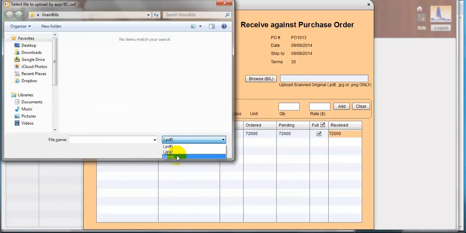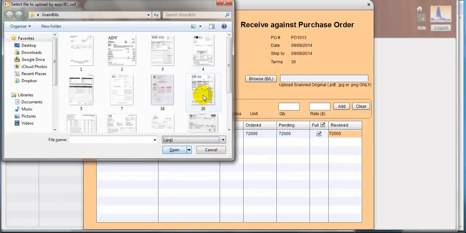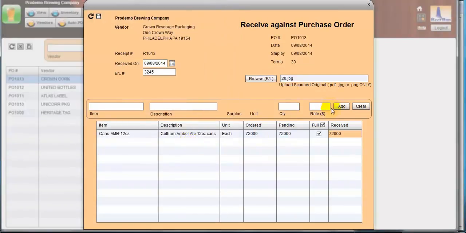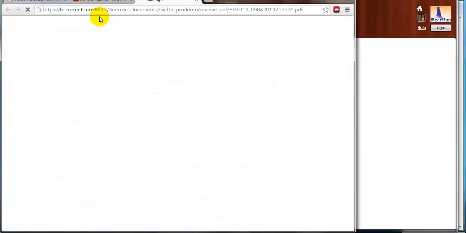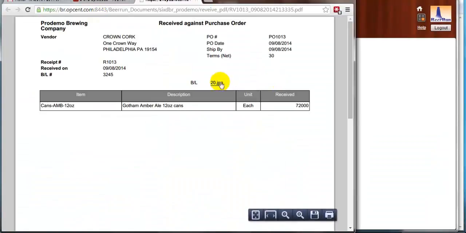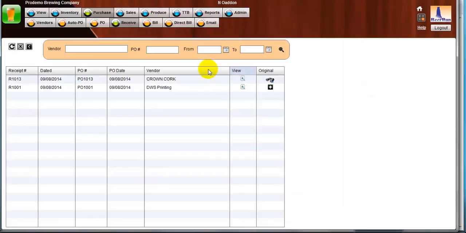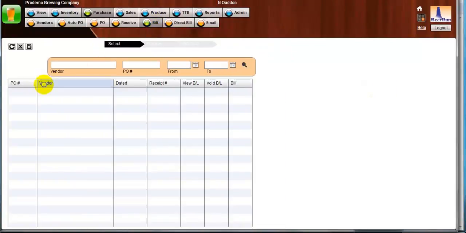It's changed from PDF to JPEG, however you've scanned it, and it attaches, and you save. And this is your receiving instrument with the embedded scanned image that we just uploaded. And that goes off to the bill page where we can enter the bill